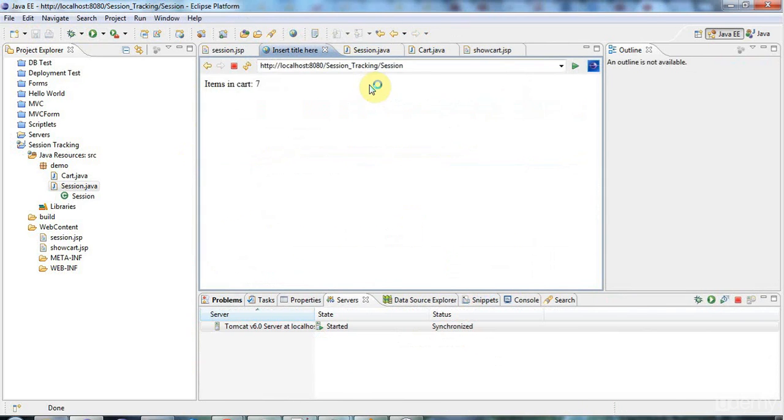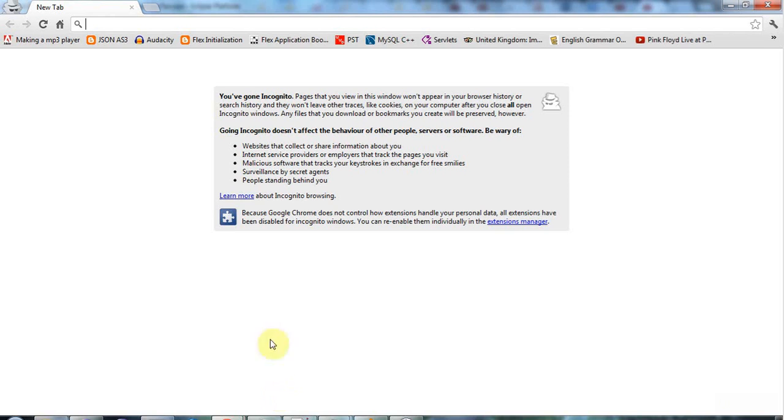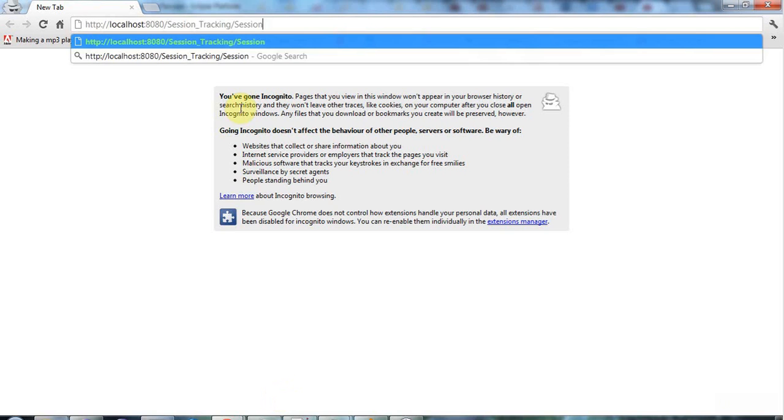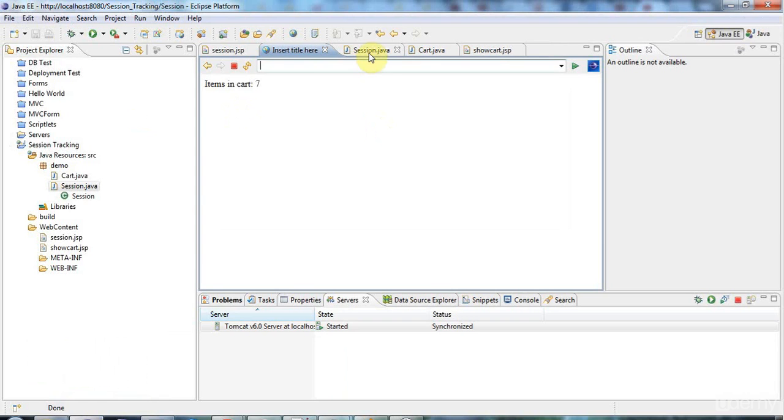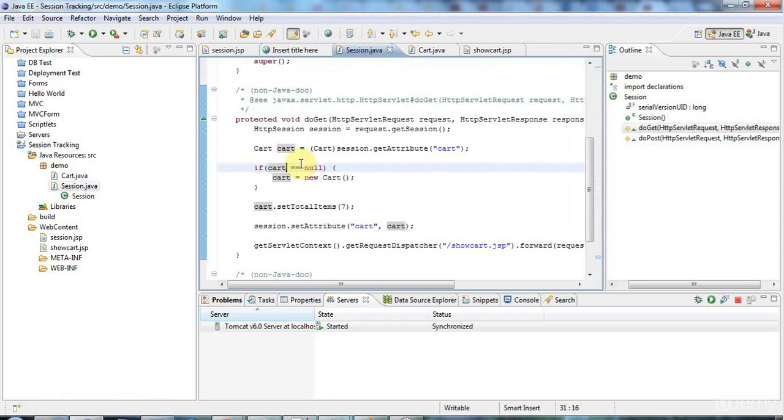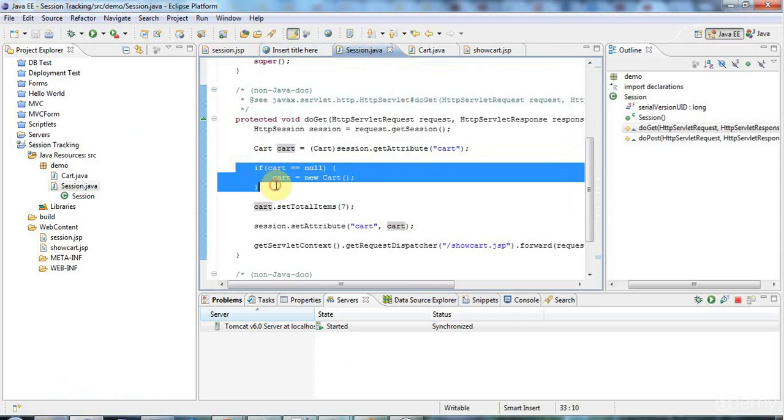and because this whole thing's cookie based, if I start a different browser like Google Chrome, and just paste that in, then you can see it still says items in cart 7. That's because if I go to a fresh browser or I clear my cookies or something, this is going to be null, so it's going to create a new cart. So that's the very useful session